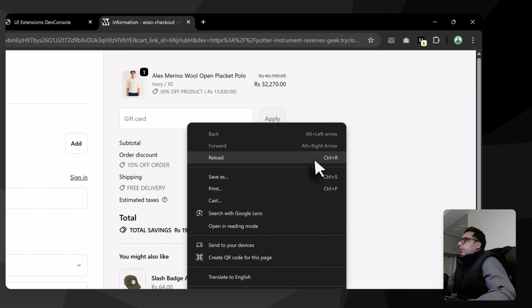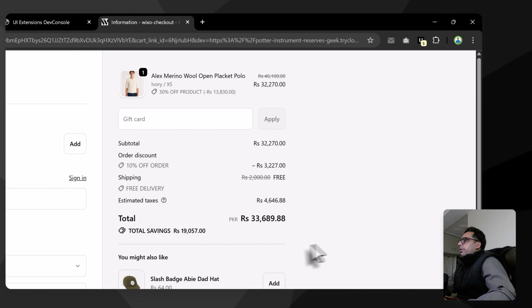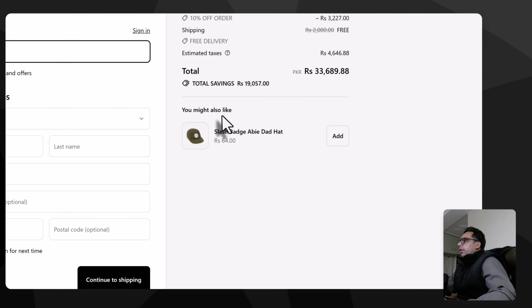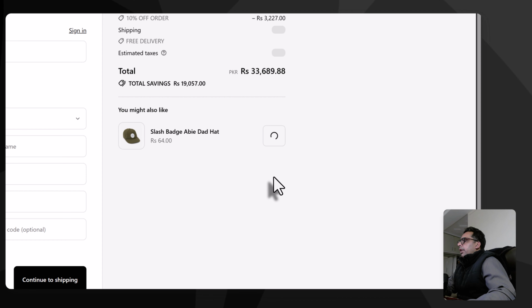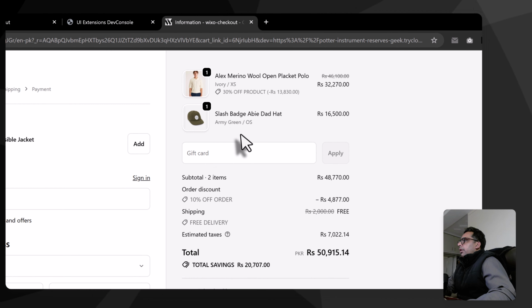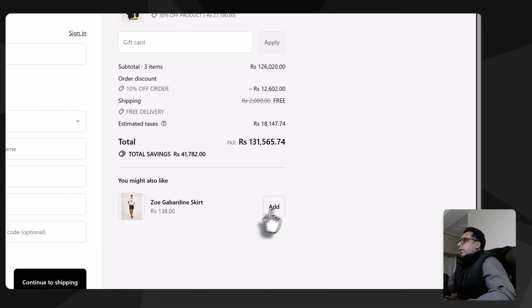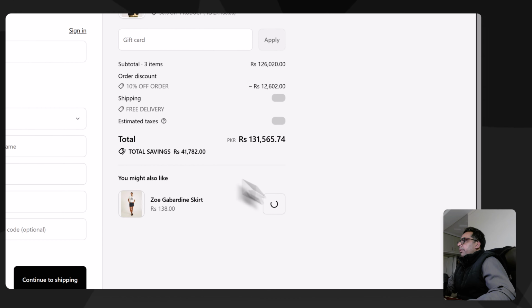If I reload the checkout page, you can see we have "You might also like". If I add this product into the cart, it is added and the new product is over here, and you can keep adding as many as you need. So this is how you can build a simple